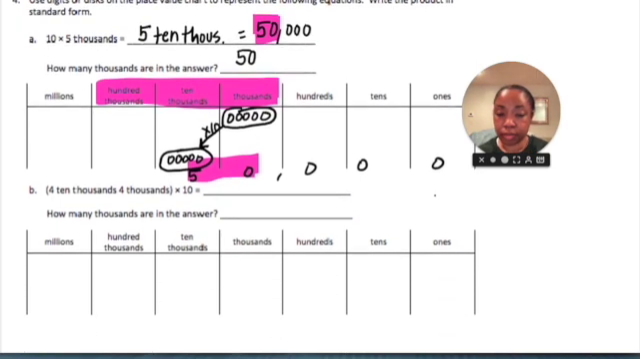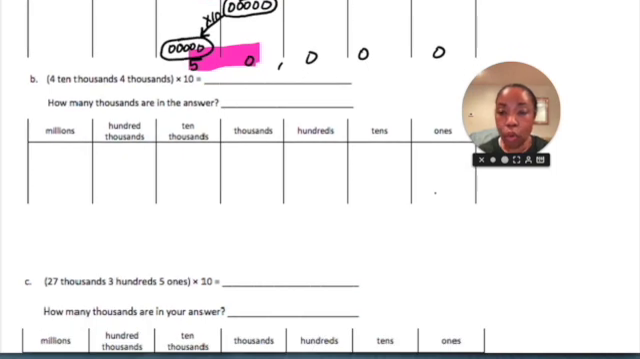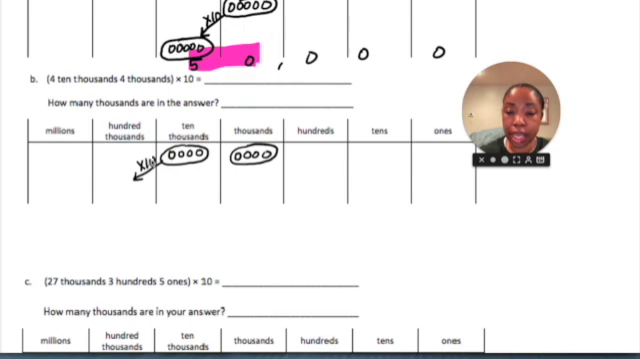For B, we have 4 10,000s and 4 thousands 10 times. So I'm going to do 4 10,000s. I'm going to do 4 thousands. And I am doing both of these 10 times. I know that the digit will stay the same, and the unit will go up. So that would be